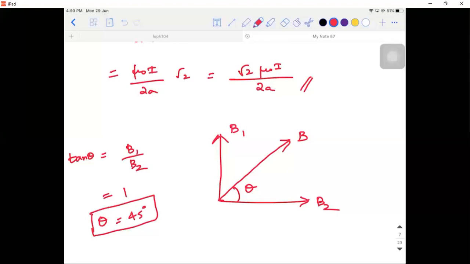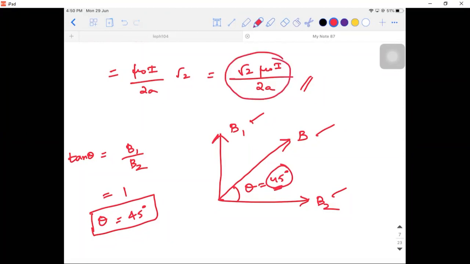I have told you this already, right? When I explained the concept of electric field in the equatorial plane, I explained that if there are two vectors of equal magnitude, then the resultant will be the angle bisector of the vectors. Here they are perpendicular, so the angle will be exactly 45 degrees. So this question gets repeated many times. The magnitude is root 2 times mu naught I by 2A, and the angle it makes is 45 degrees with either of the vectors.